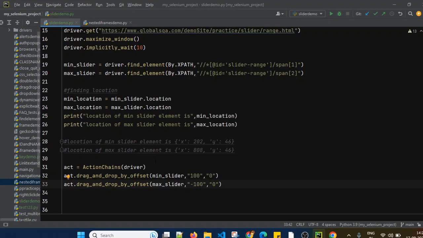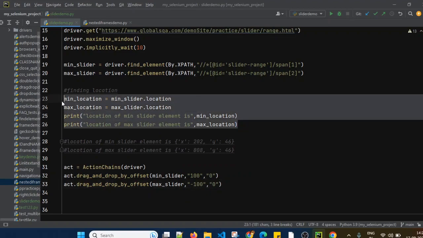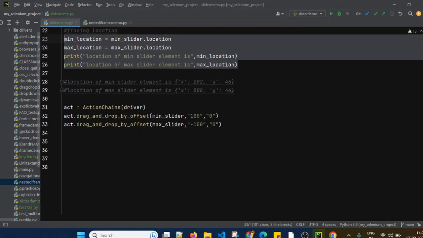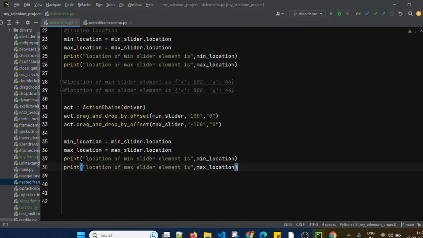Just to confirm, after this we can again find the location of the minimum and maximum sliders. After moving them, we will print the location of both the variables, so we will find out whether the location changed or not.